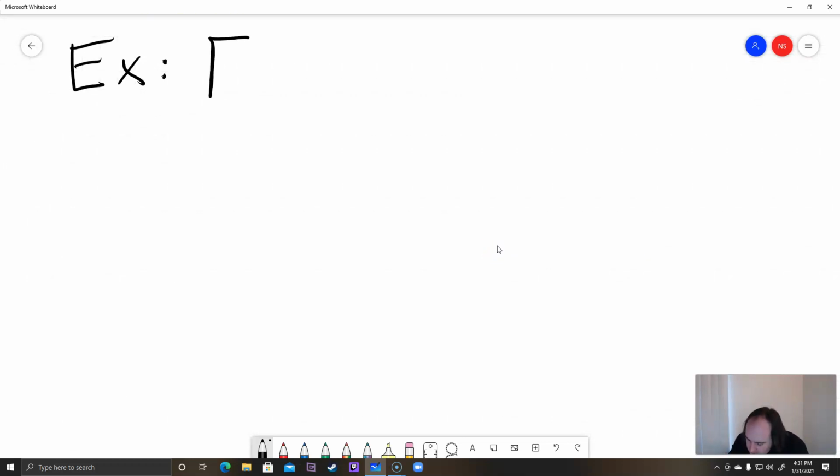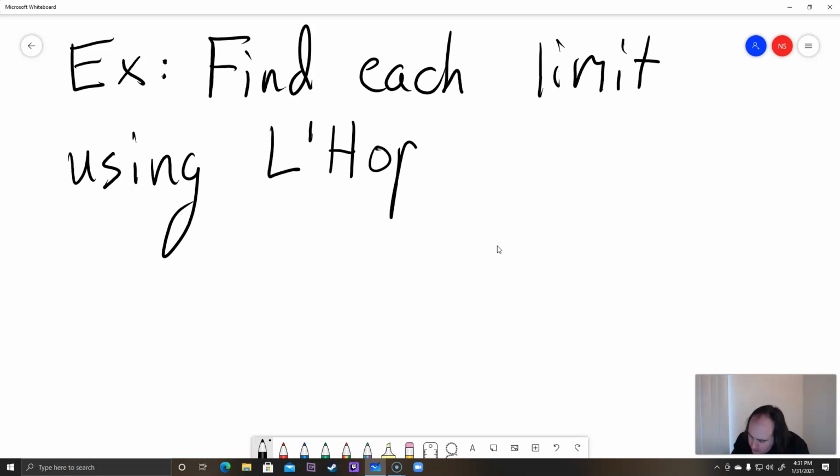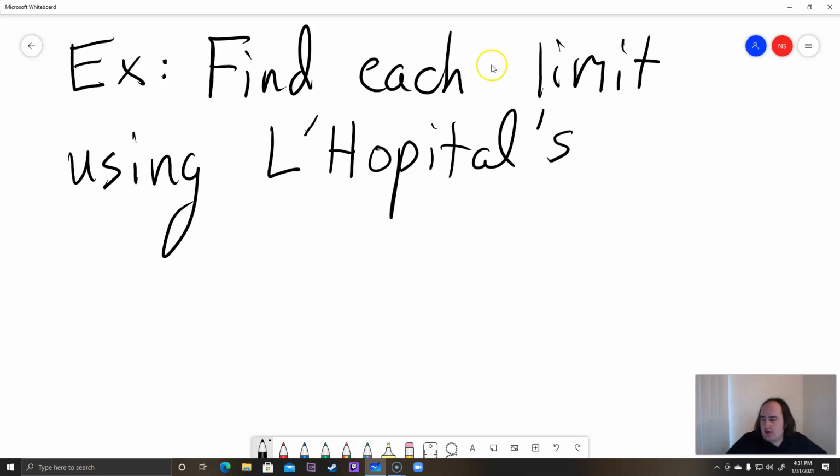So example, find each limit using L'Hôpital's rule. And I've never taken a French class, so I'm not claiming that I'm saying it right. So if you want to just call it L'Hôpital's rule, that's fine. Some people just call it L'Hospital's rule. They added an S there. Okay, so